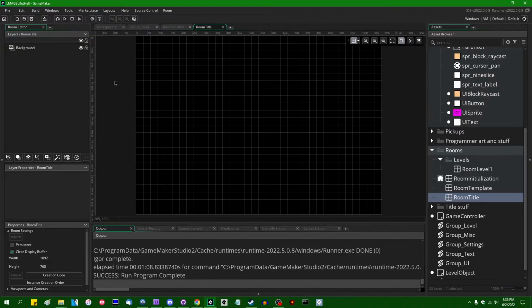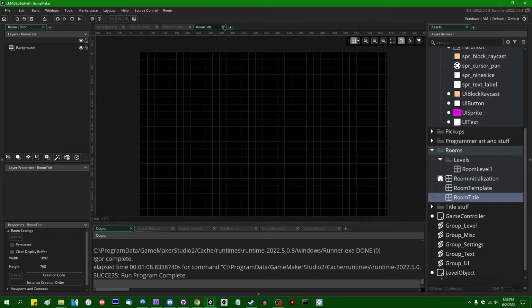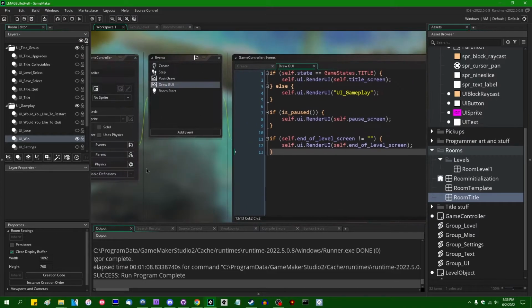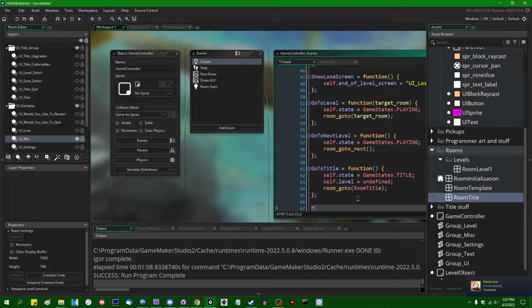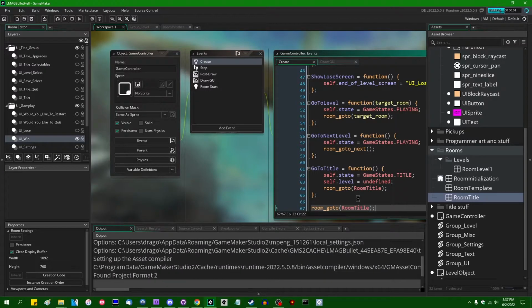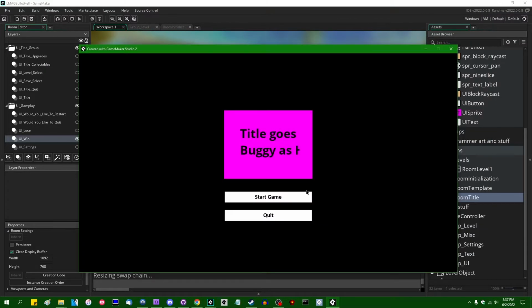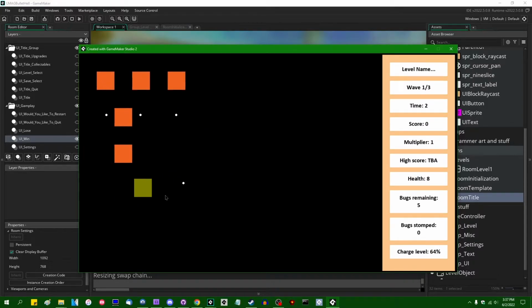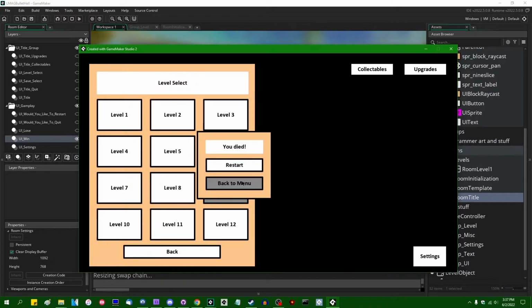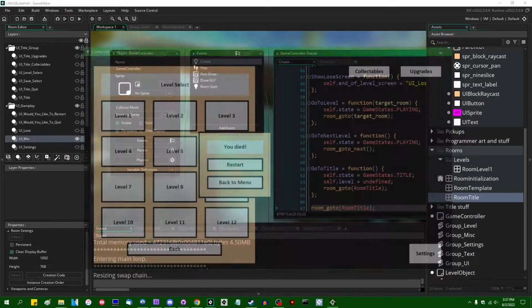Room title is going to be empty except for the background, and we're just going to draw the title state here. And then, when the game controller has been created, once all the initial setup has been finished, we can go to the title screen, and this is gonna do what I think it does. I'm gonna die again. 3, 2, 1, back to menu, and that didn't fix it. Okay. Well, I don't think that would have hurt, but